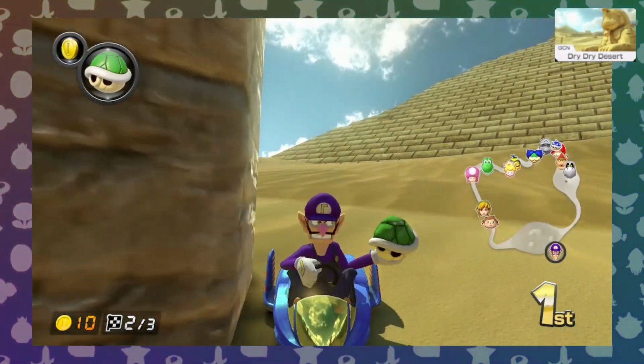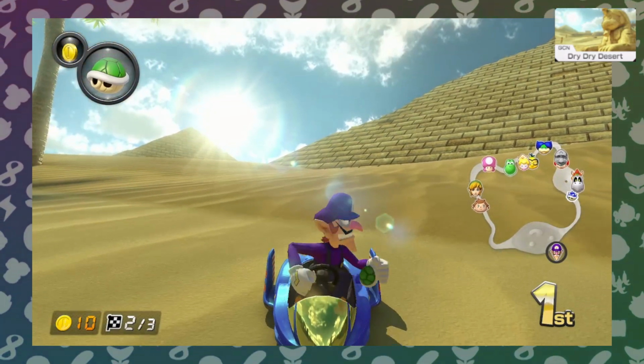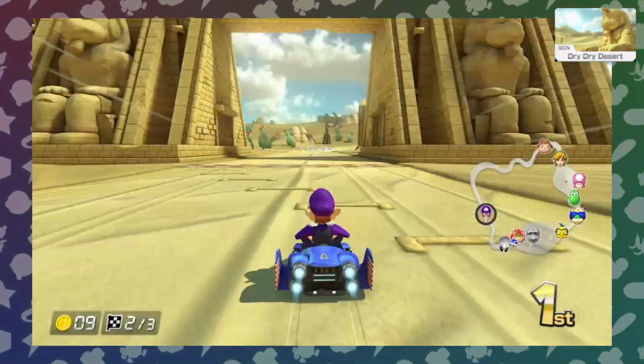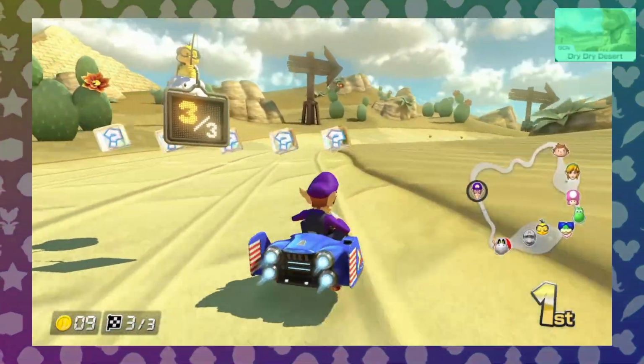In Dry Dry Desert, you can park yourself amongst the palm trees just before the oasis and have the blue shell miss you. I mean, if you ask me, I think this blue shell needs to go to Specsavers, but...